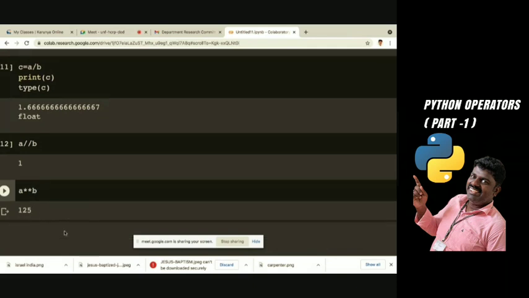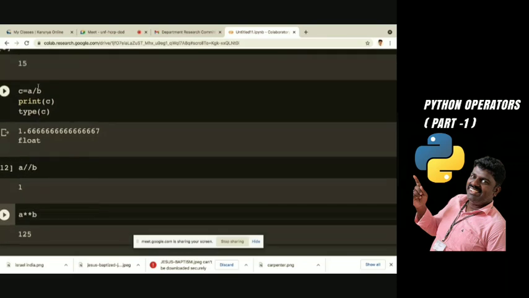So this particular operator, the exponent double star, is not there in C, and double slash is not there either, because in C a simple slash itself returns only the integer value. But here we have floor division to specify whether I need only the integer value or not, otherwise it will return only the float value.